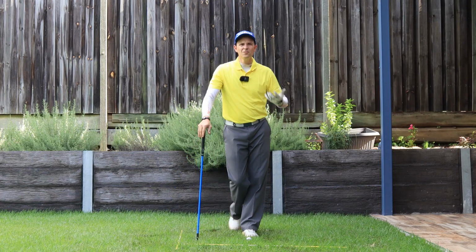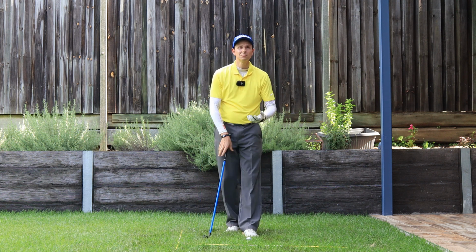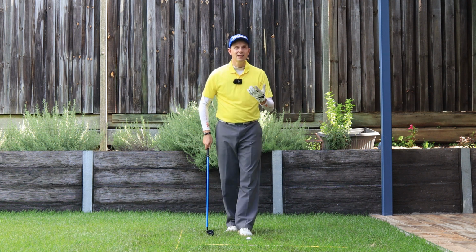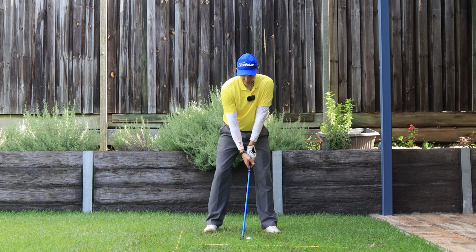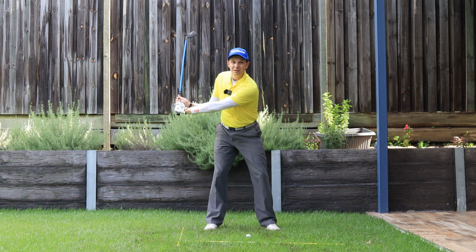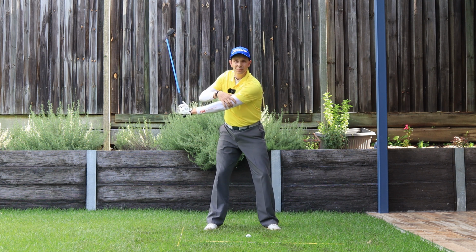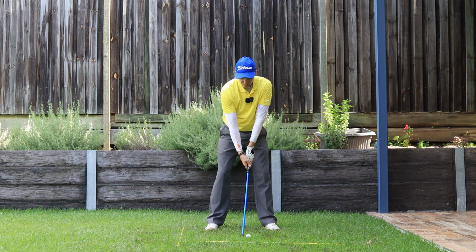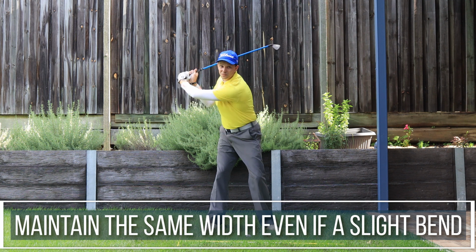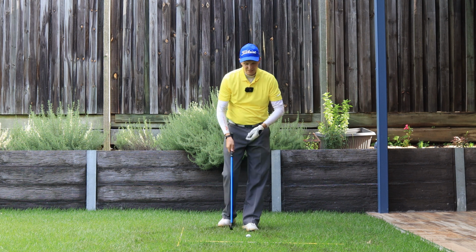Now, if you're someone that's got an injury or some reason why you can't keep that left arm straight, maybe you have to bend it a little bit, that's okay. The key for you will be, let's say you can only do that. Let's see, that's a little bit bent. Now, the key for you will be that you maintain that slight bend throughout that swing. I wouldn't want to see you do this and have it bend more as you get towards the finish of your backswing. The key for you is maintaining that slight bend